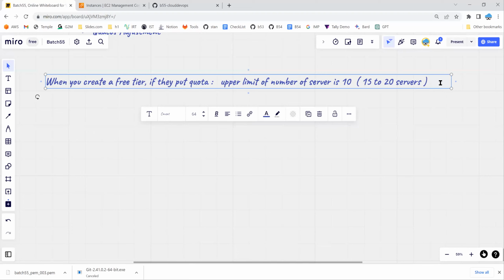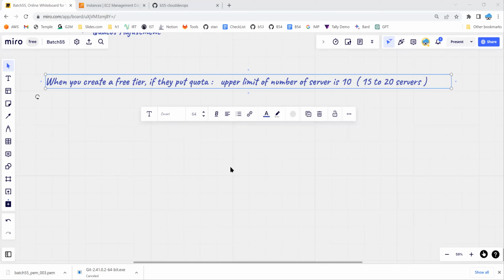Even in your organizations, they'll also have some quotas, such that in this account, I should not have more than 100 blocks of storage, or more than 200 servers. This is to ensure that even if your account is compromised, they cannot bombard your account with unwanted billing. Or if you know that in this account you're not going to use more than 50 servers, you can put a quota of 50 servers so that you don't have to worry about your billing, or you can put restrictions on your